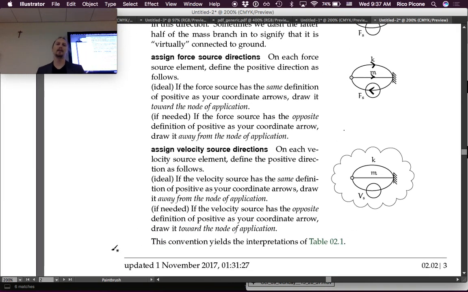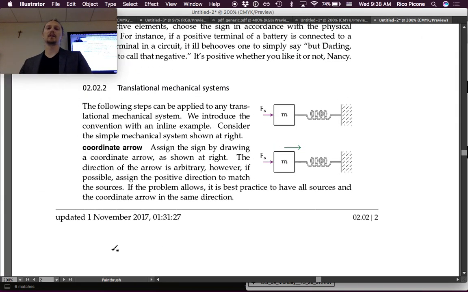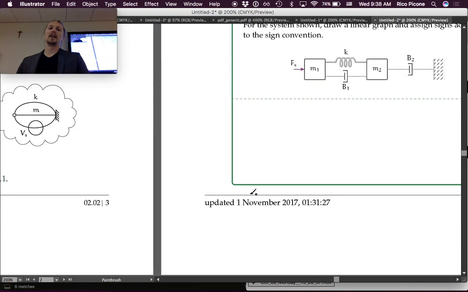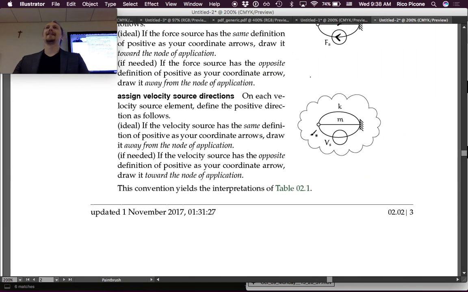So, finally, assign velocity source directions. On each velocity source element, define the positive direction as follows. Ideal case is if the velocity source has the same definition of positive as your coordinate arrows, draw it away from the node of application, so it's the opposite. And we don't have a velocity source in this problem. This is a force source. However, and that's why I made it a cloud here, because this is like, imagine if,